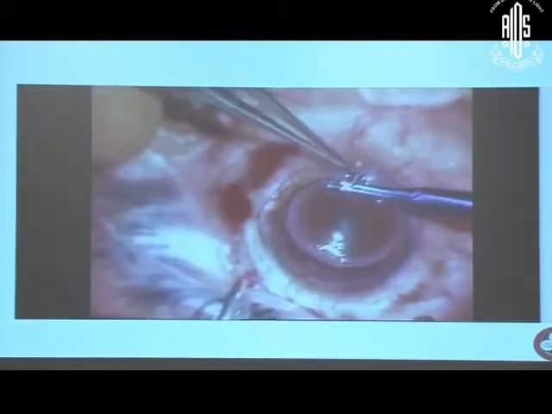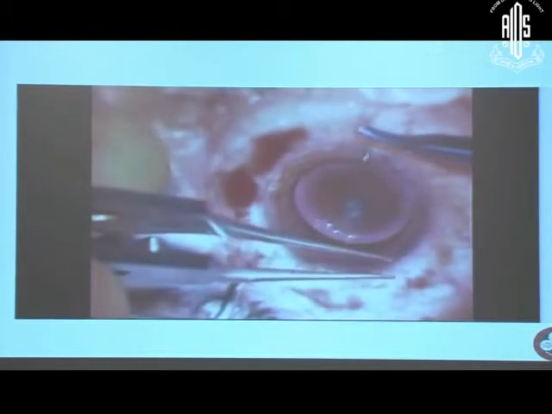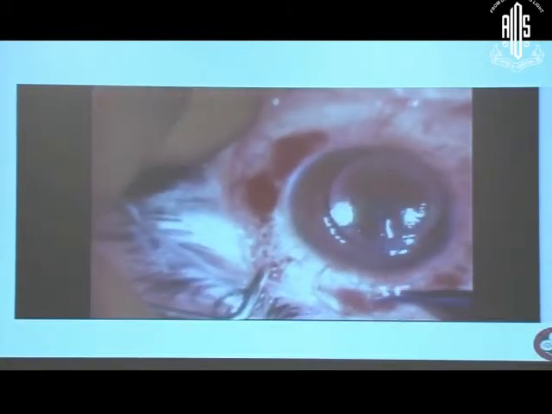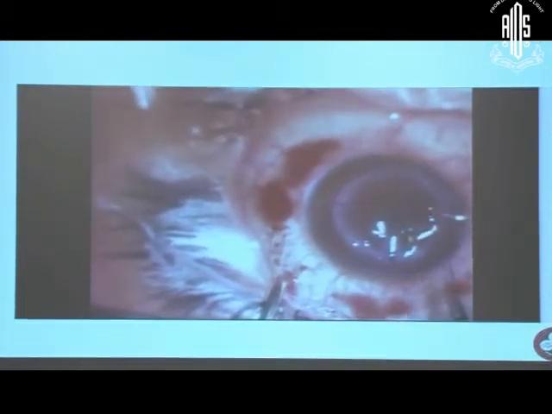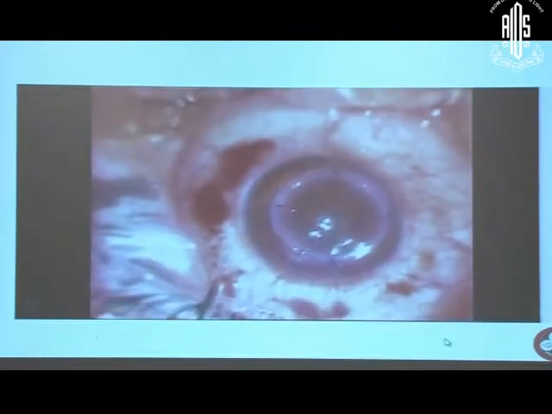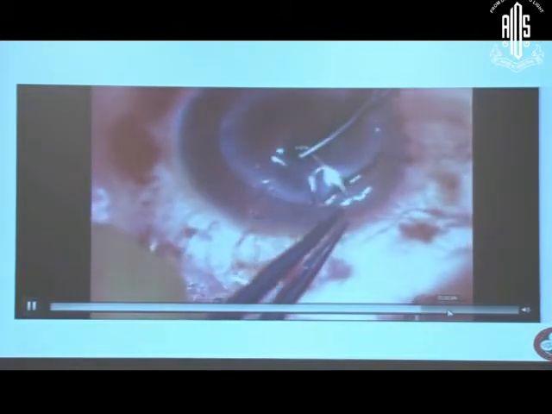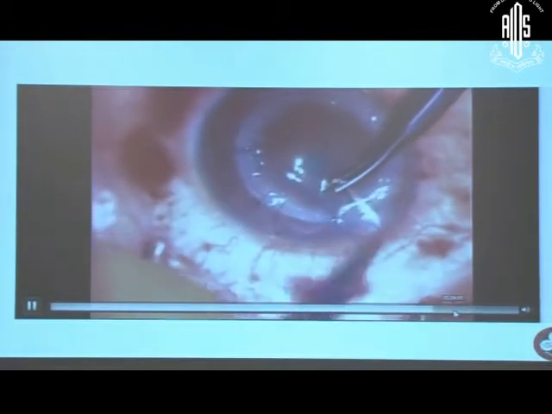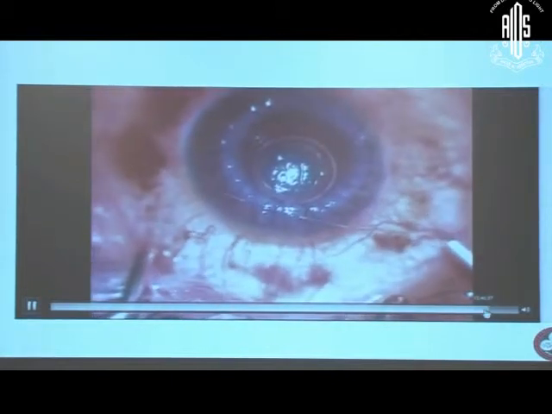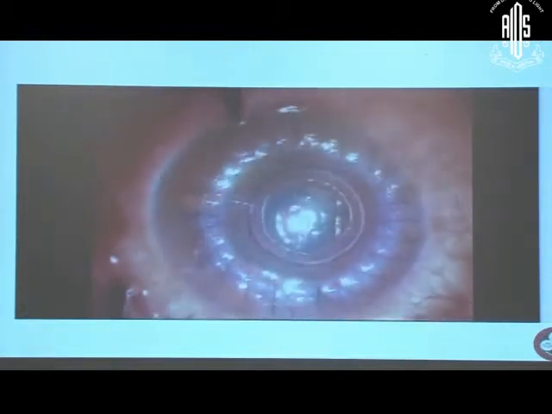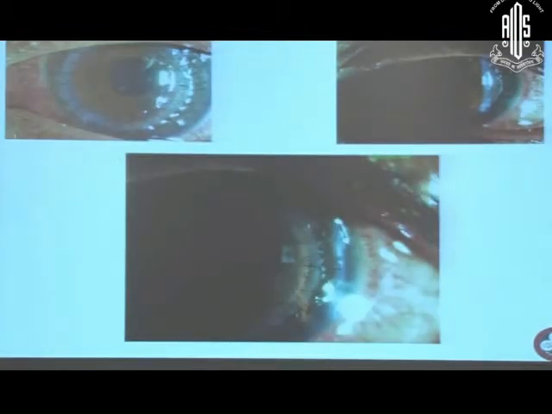You can see the ledge, and the rest of the surgery is the same as you will pass sutures. Like I told you, I pass the first 6 o'clock suture, then 12 o'clock. That makes division into the two semicircles much easier. And then the continuous suture, and at the end of the surgery you can use the keratometer, again for adjusting the sutures so that astigmatism is less. So this is how the post-op looks.